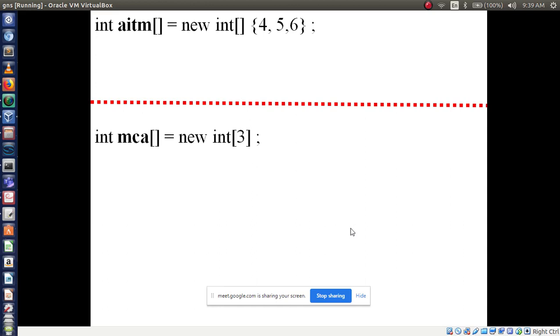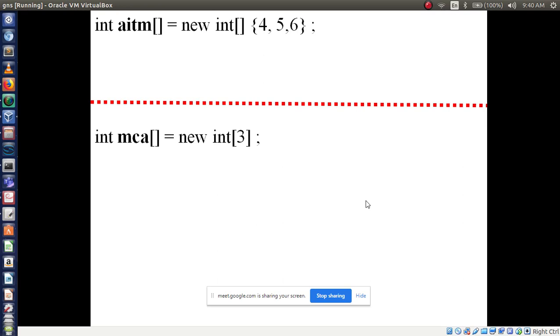See, there are two arrays we have, right? The first array name is AITM. Then the second array name is MCA, right?